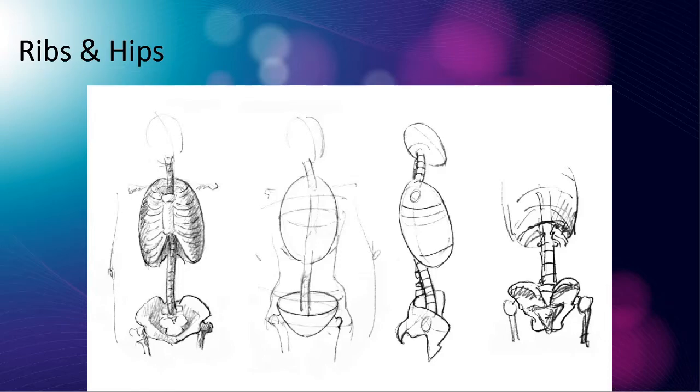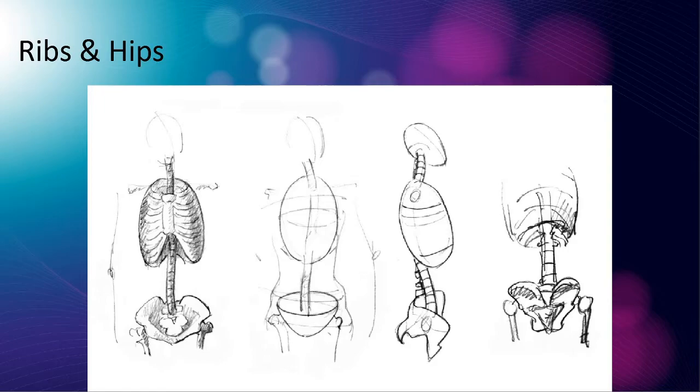This is a little note about ribs and hips. When you're doing gesture drawings, you will often define the spine with the action line, the curve of the spine, and then a quick oval to define the ribs. And the rib cage looks like this. It arcs up in the middle, in the front, and the back, and it holds your lungs. And so it's not an oval. That oval is a very rough shape, but you can kind of guesstimate that.